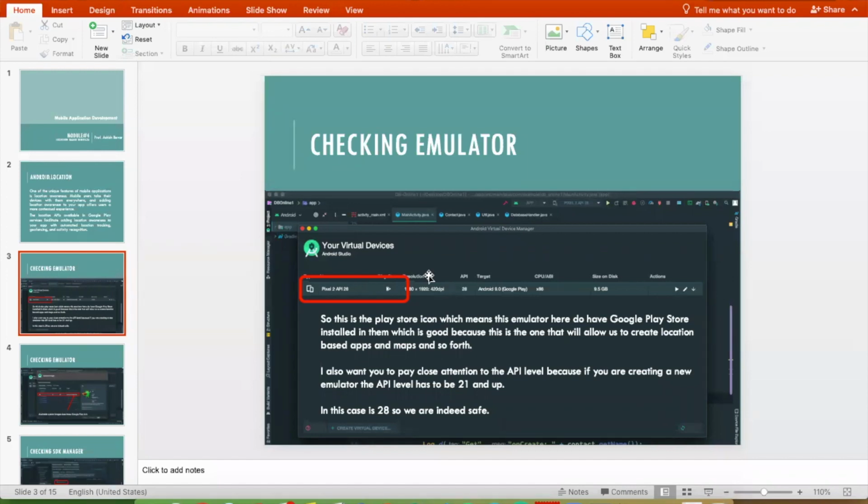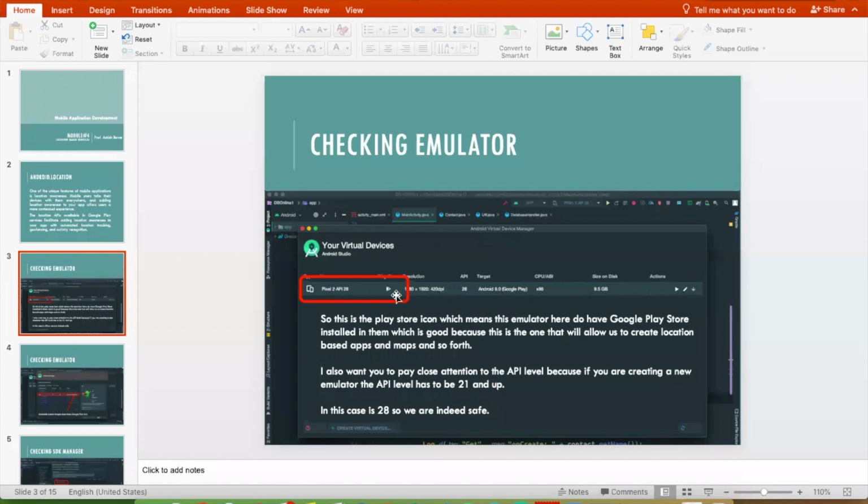Just remember one more thing here. This is Pixel 2 API, that is the name of the virtual device that you provided, and here it will be written like Play Store, and this is the icon. Many of the times when you install any of these virtual devices, you may have observed that a few of the devices have this icon and other devices don't. It clearly specifies that